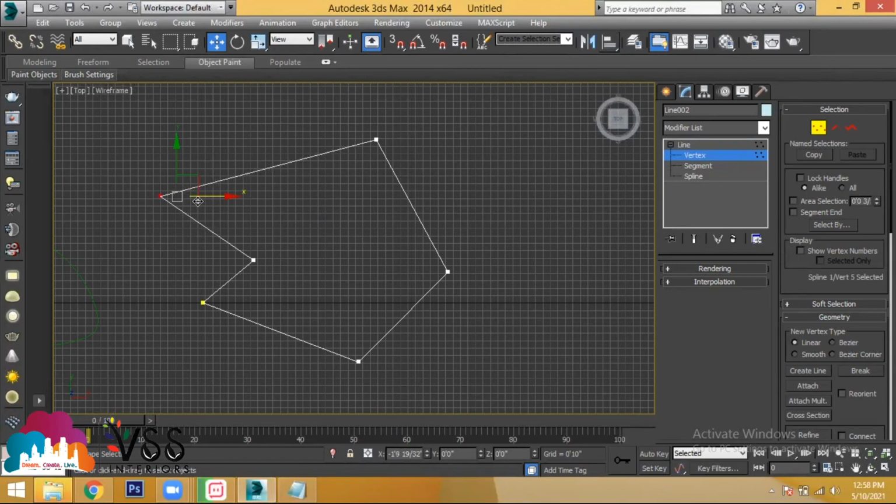By selecting the axis and dragging it in X direction or Y direction depending upon the requirement. The previous shape was in a different direction or path, and now the shape got changed by moving all these endpoints. These endpoints can be moved when the selection is in vertex. Is that clear? Any doubts?